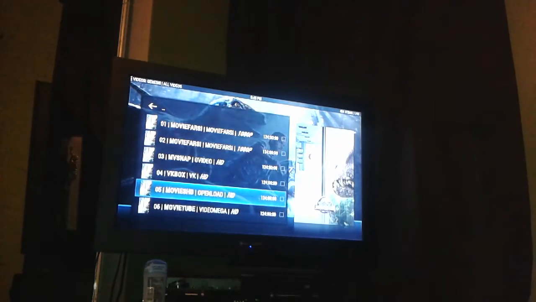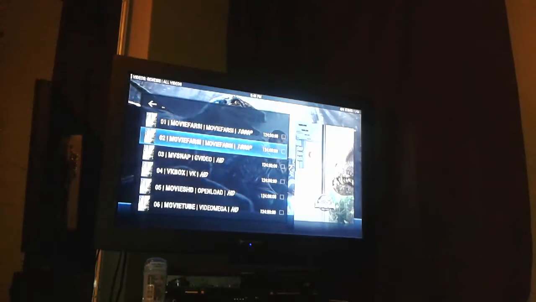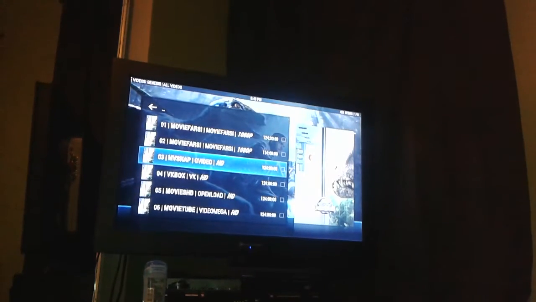This screen, that's different options of different providers of this movie to watch it. All different ones play at different qualities. The higher the quality, the more internet speed you need to stream it. So you pick them until one works. One might not be working,